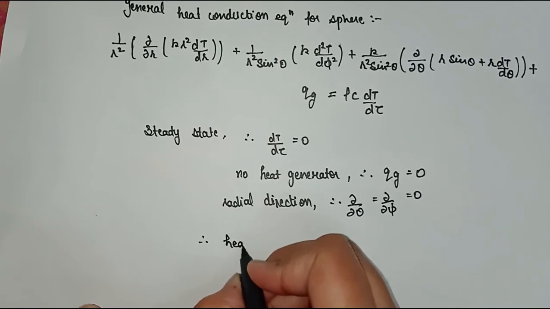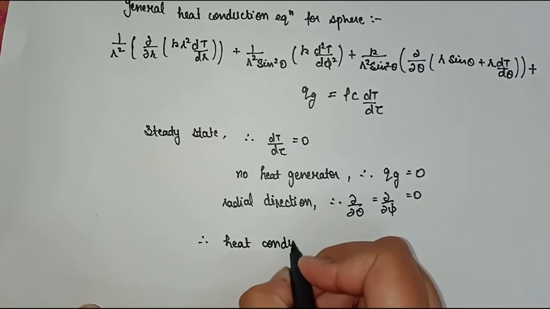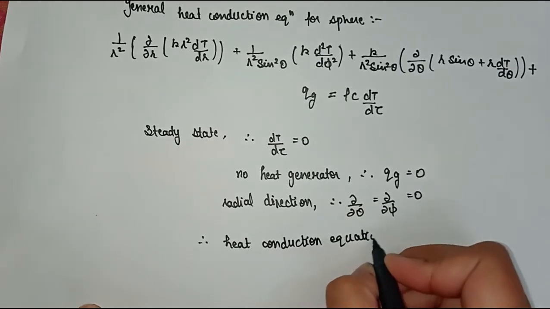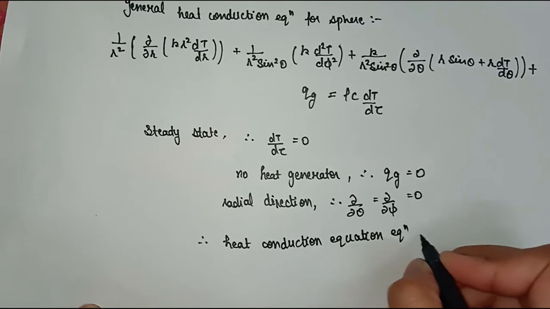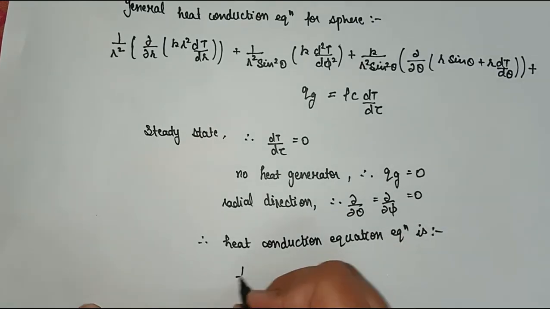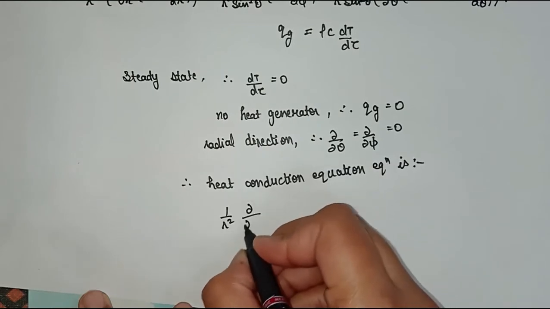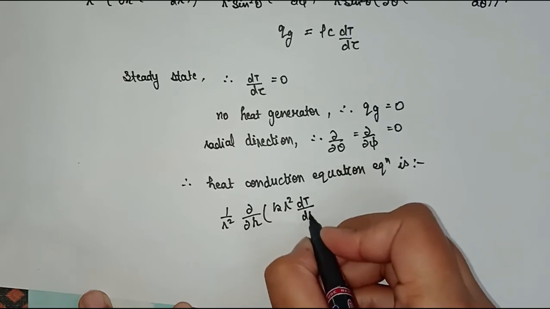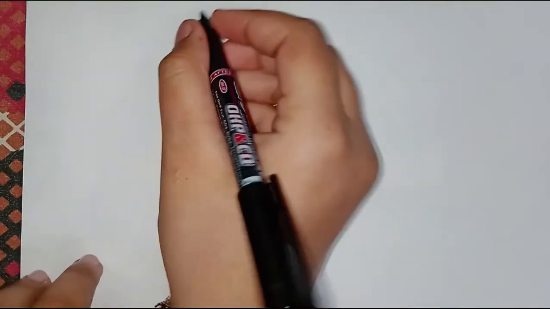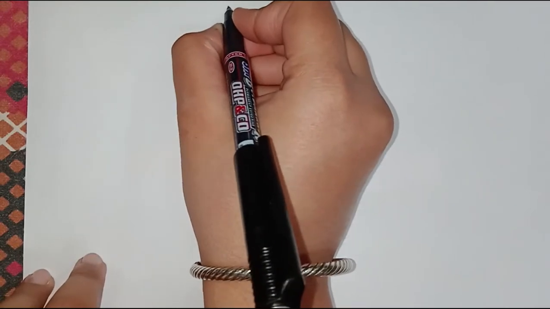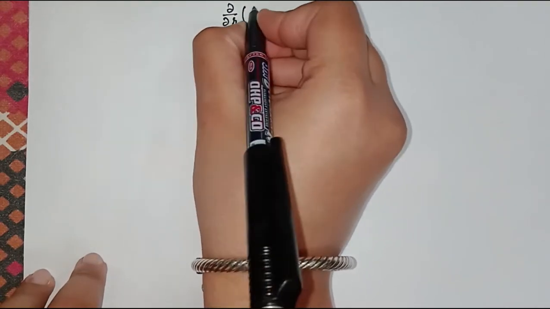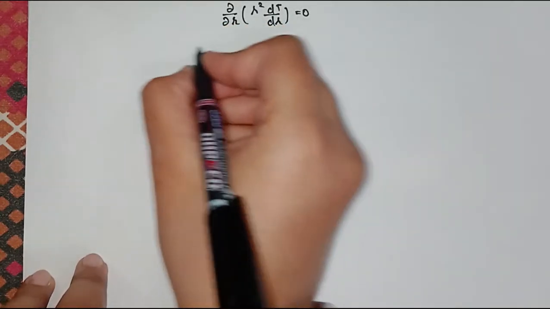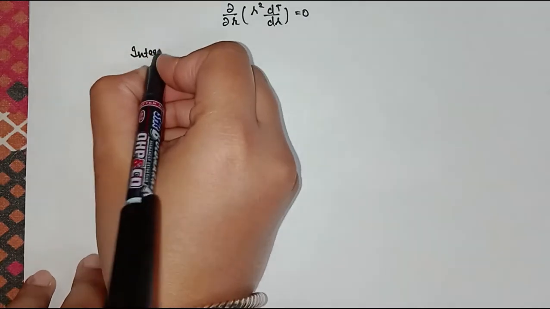And the equation is reduced to 1 divided by r square curl of k r square dt upon dr with respect to r equals to 0. This equation can also be written as curl of r square dt upon dr with respect to r equals to 0. Now integrating this equation with respect to r,